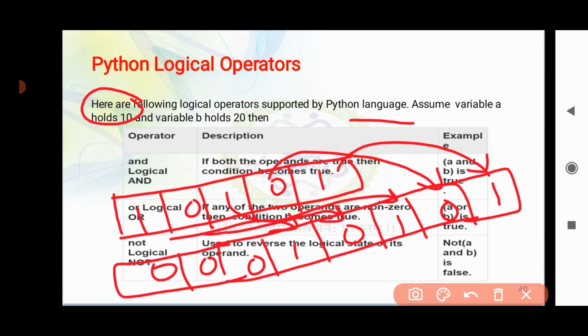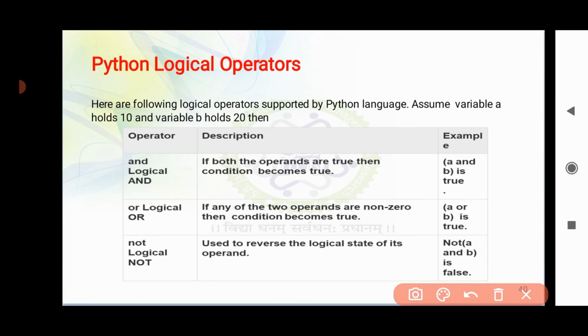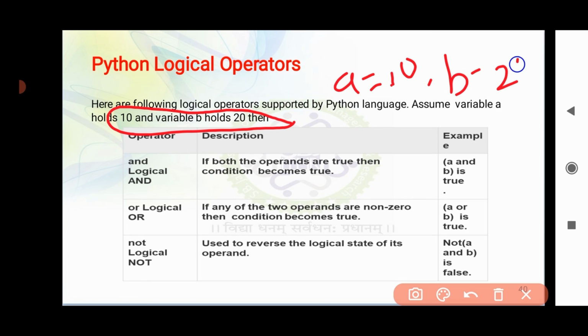That means either it is true or it is false. Now let us consider you have two different operands holding values, for example, A is equal to 10 and B is equal to 20. Now I have to perform logical AND. What is the rule for logical AND? When both the operands are true, then only the result will be true.